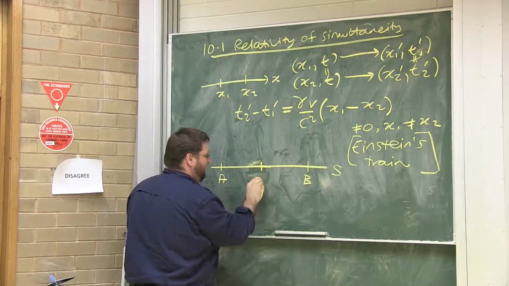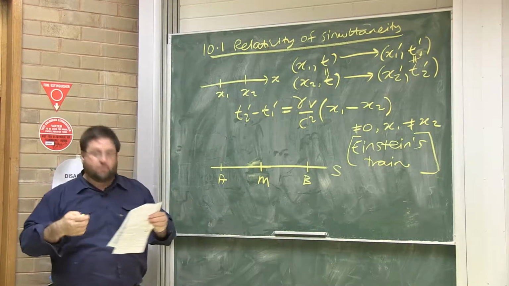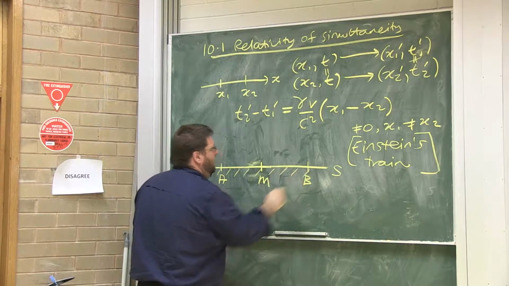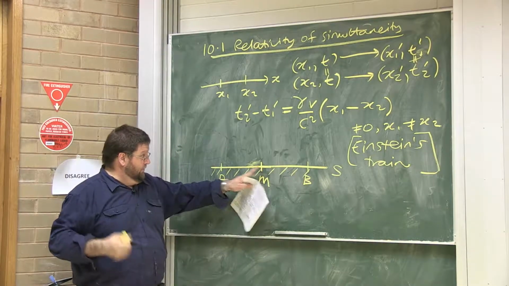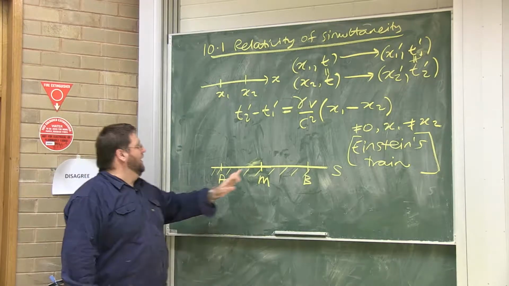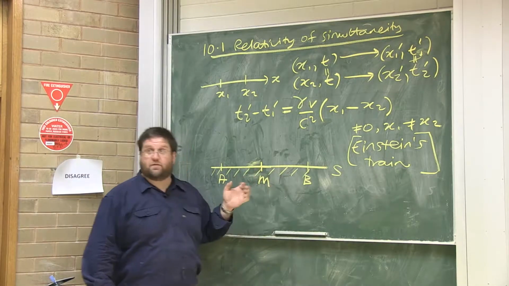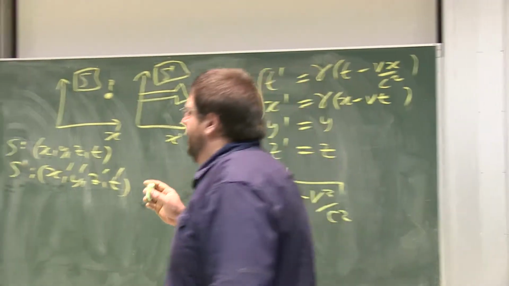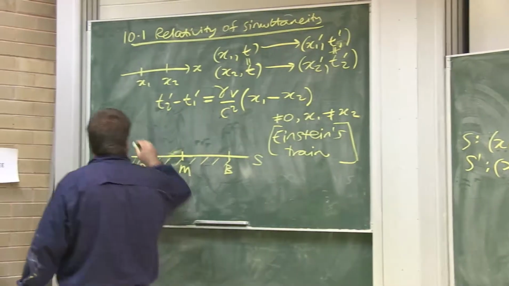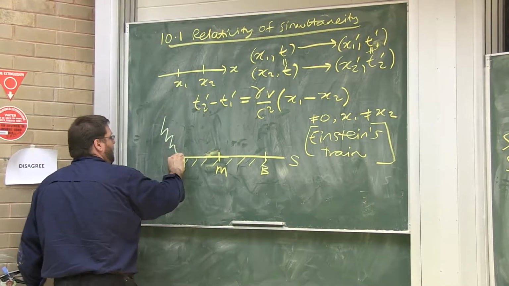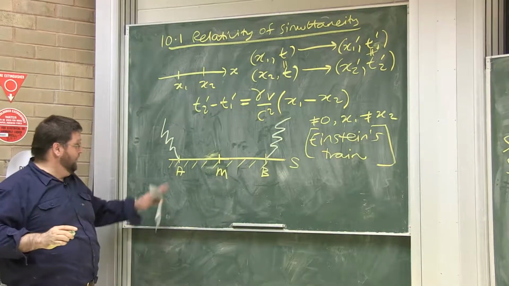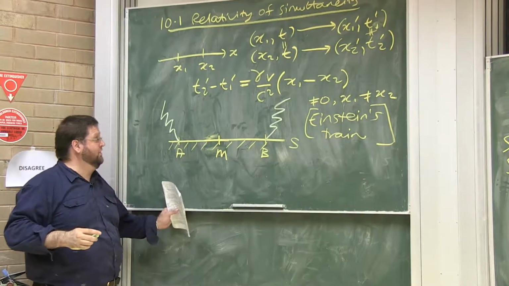Try and draw it a bit more to scale. They're exactly at the midpoint between points A and B on this embankment. There's a thunderstorm, and lightning strikes at points A and B simultaneously according to them. How do they know that the event lightning struck A and the event lightning struck B are simultaneous? Well, they know because they're standing at the midpoint between A and B, because they measured it,